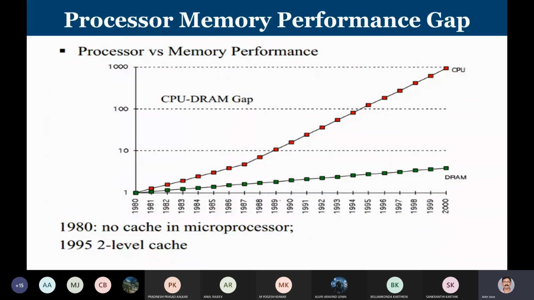Now, in 1990, there was no cache in the microprocessor, and at that time the speed of the microprocessor as well as the speed of memory access latency were comparable. But over the years, processor performance was increasing, and at the same time, DRAM or the main memory performance was also increasing, but the gap is widening. The rate at which processor access speed has come down is drastically higher when compared to that of DRAM. Because of this widening gap, we need to come up with some technology which is at par or very close with the access speed of the CPU. That is the reason they came up with SRAM based cells known as caches.